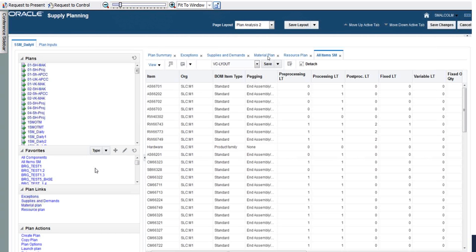So here what we're looking at is a summary of all items, so you can see any of the item master details for all items in the plan, just as a quick reference. What I want to do, though, is dig into the material plan on some trouble items. So next slide, please. So in this view that you'll see,